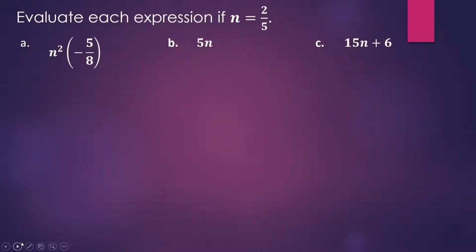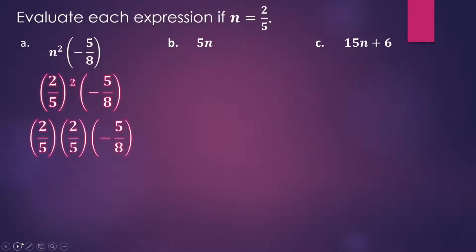Now, here's where those rational numbers come in. I'm dealing with a fraction. This is exactly like my order of operations. I'm going to replace my variable with its value. Now I'm going to do my exponents. I have 2/5 squared, which means 2/5 times 2/5. I'm going to do that first, just make my life a little easier. I get 4/25. Now going back to my multiplying fractions that we learned in 6th grade and practiced again in 7th grade,